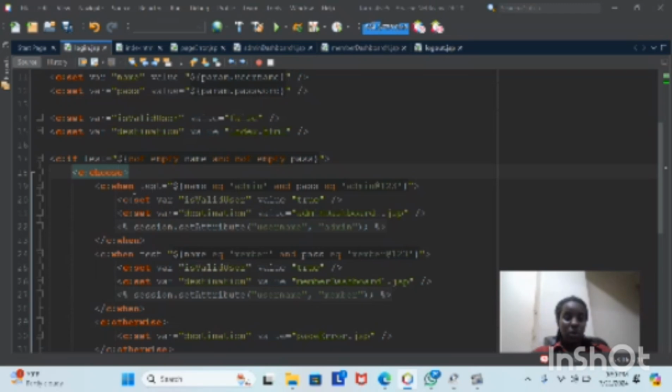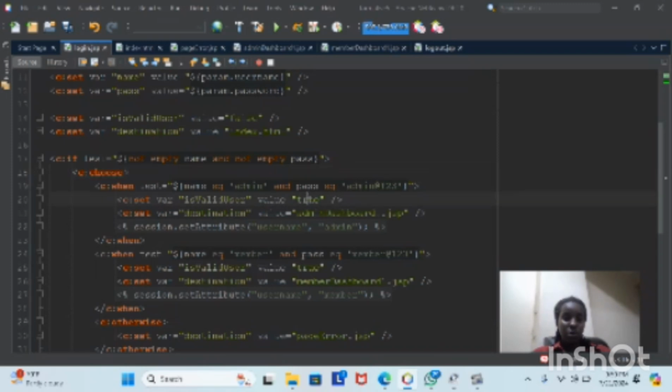In the c:when, it says that if name equal to admin and password equal to admin@123, we will reset our default variables. The variable isValid and destination value to true, because